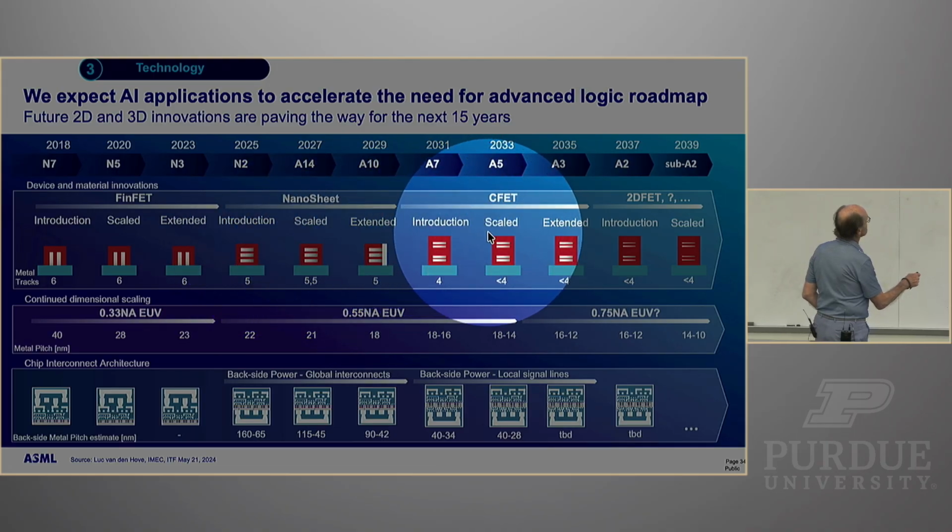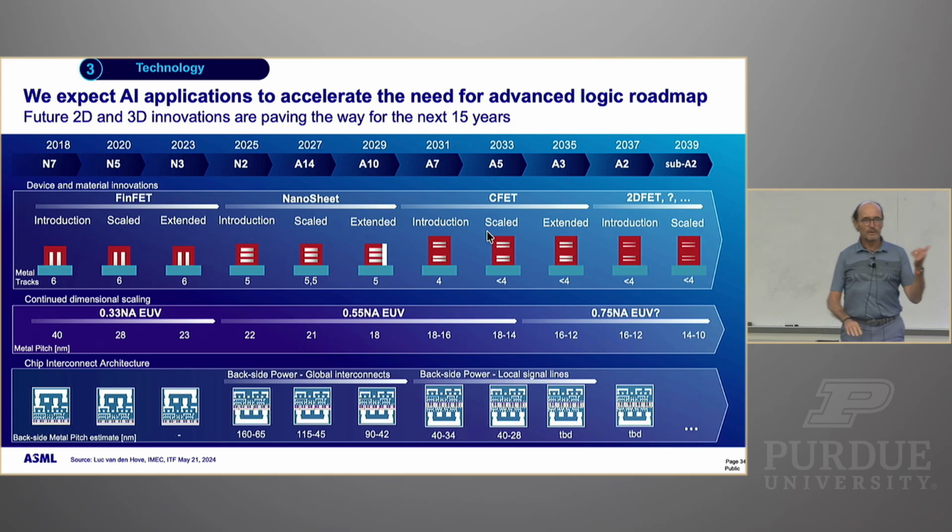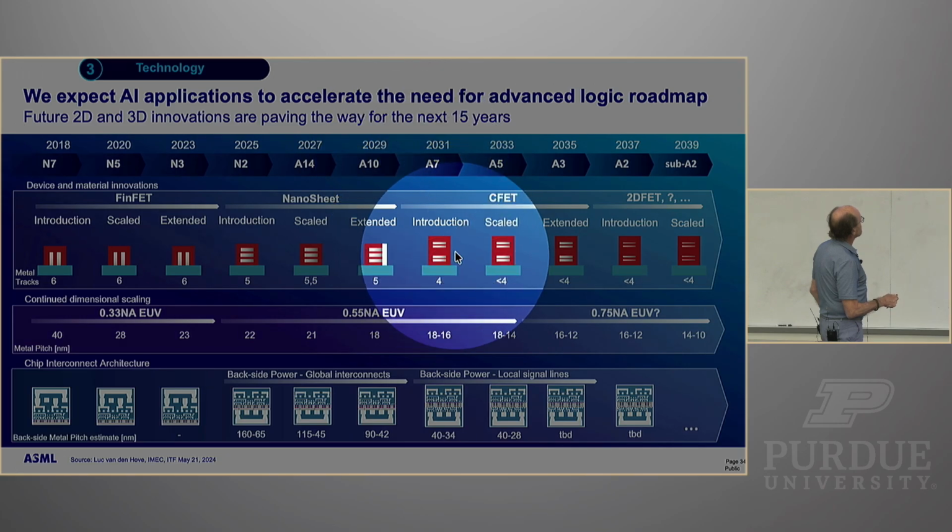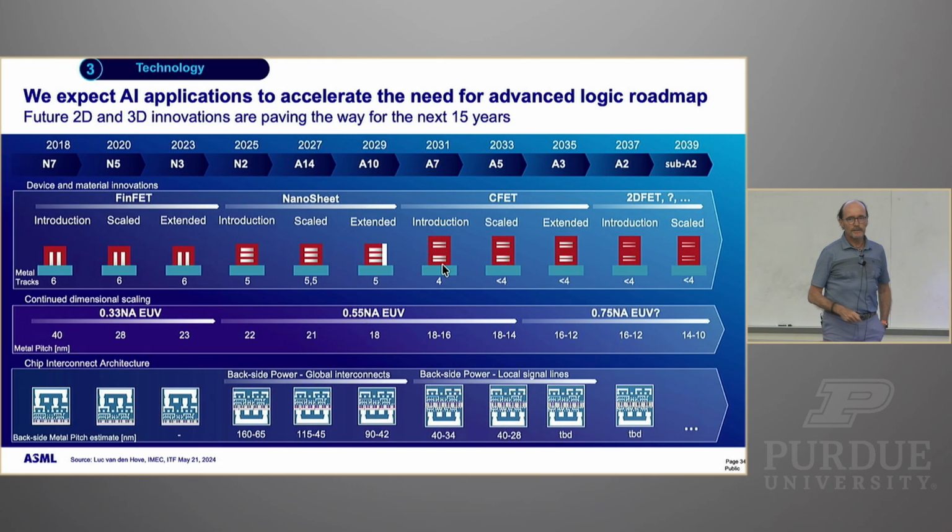So what's going on here? Remember that simple Texas Instruments flip-flop device? And I said a flip-flop is a PMOS and an NMOS. So the one is standard on, and with the gate voltage it turns off, and the other one is the other way around. What if I could make a PMOS and an NMOS and put them right on top of each other? Then I could make a complete flip-flop in the location of just one transistor. And this one transistor, if I have enough of these sheets, it actually has a lot of drive current. So it can drive long lines, it can make the circuitry fast.